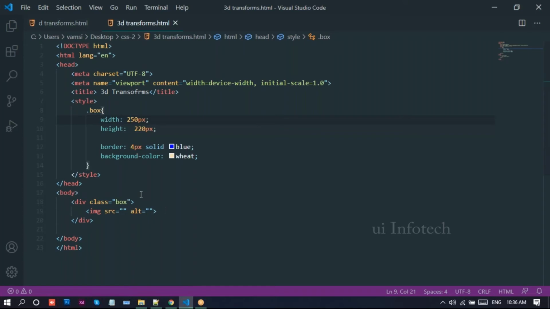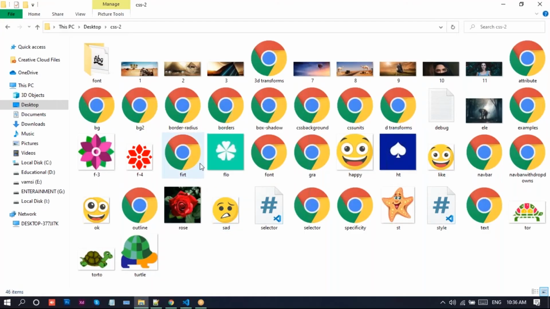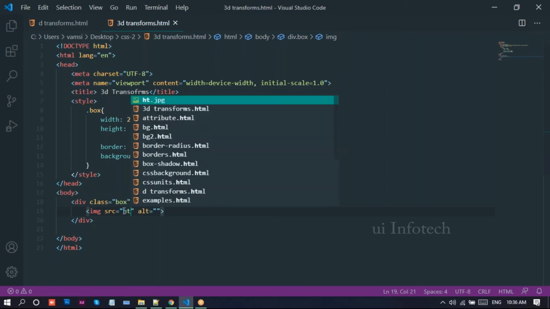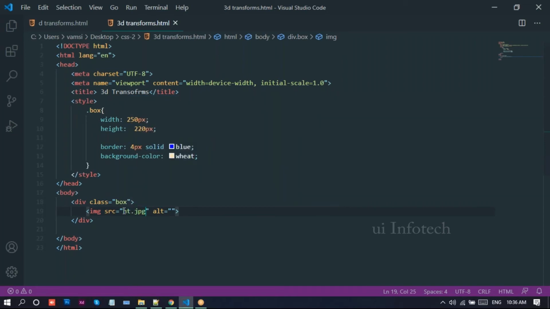Now I'll take the image here. Let me open the source file; see, we have the images here. I'll take this image, hd.jpg, and write it there. Now let me run this on the browser and reload this page.